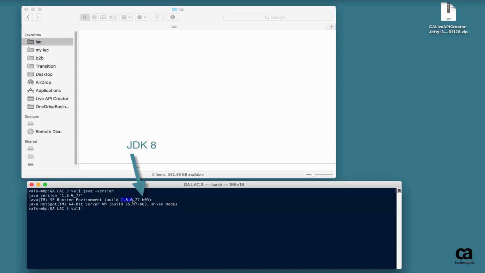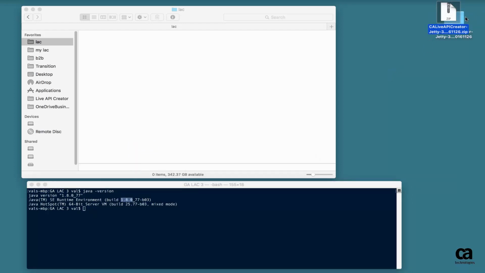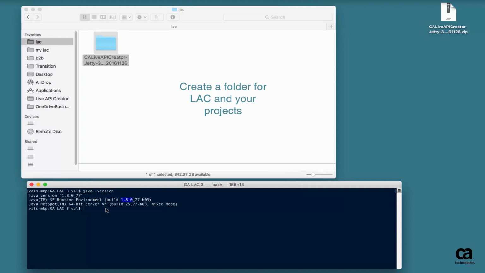This video will show you how to install Live API Creator, in this case on a Mac. So you get the download, unzip it. We recommend putting it into a folder that you've created for LAC and your projects. Then you open up a command window,